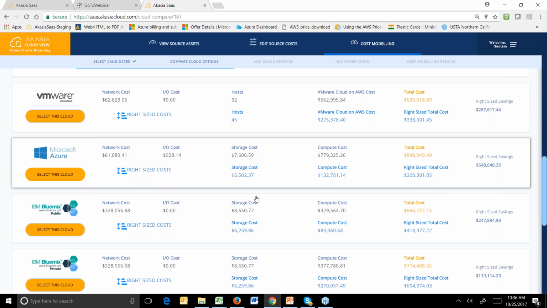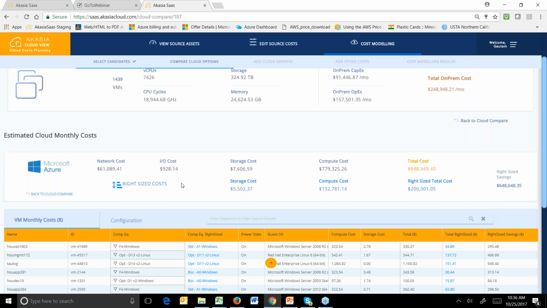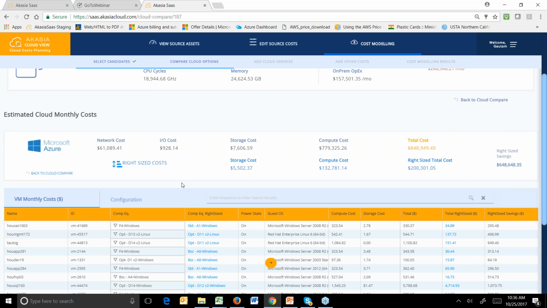Okay, so in our architecture, we have 3 subsystems. One is actually the collector, which is an offline activity. So we provide an application which goes and collects the on-prem infrastructure information. And then we have what we call cloud price collectors. Essentially, there's a bunch of little applications which goes and monitors all of the offerings, the products, and the prices from all the clouds that we support today.